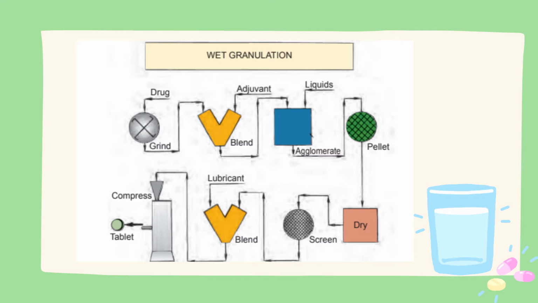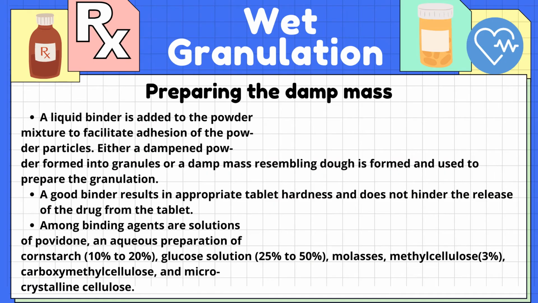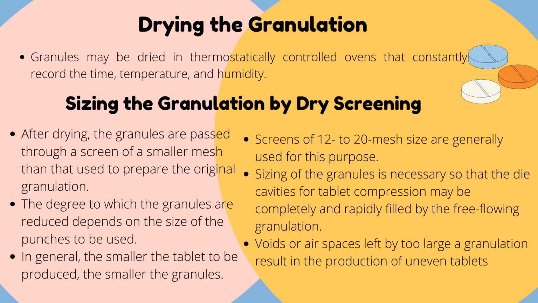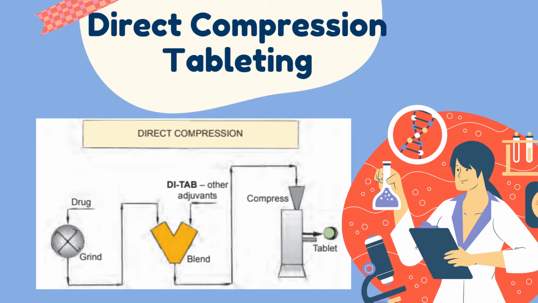For wet granulation, you need to have the binding agent in the wet form. Most of the time, you take starch paste. You have done this experiment in your lab also. You need the starch paste, which helps in binding your powder to form the granules. And if you have good quality granules, they can be compressed into good tablets. Then comes the drying of the granules. Once you have made the granules, you need to dry them. You need to pass them through a mesh again so that you have a uniform size of granules. Then you add the lubricants at the end before compressing into tablets.